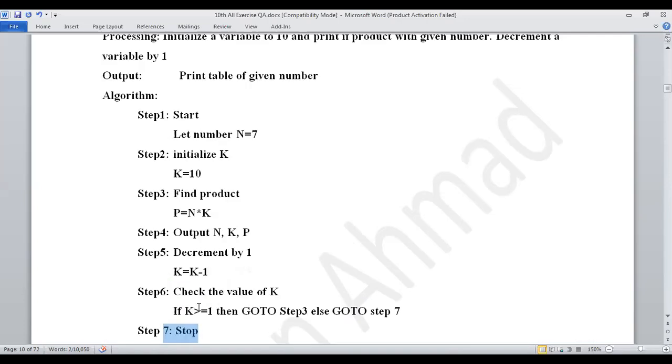So in this way, you can develop the algorithm, and if you have programming skills and know the coding of any language, you can also make the program as well. Inshallah, we will make the program as well in chapter number 4, the same program in the loop chapter. So this one is the algorithm.